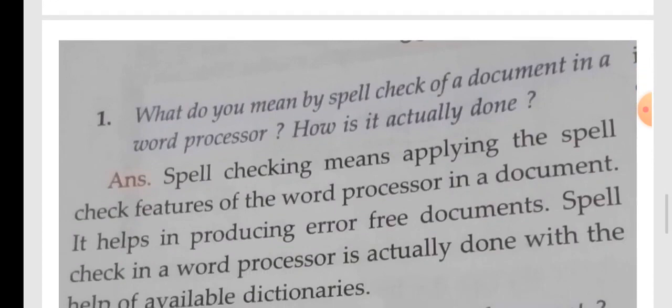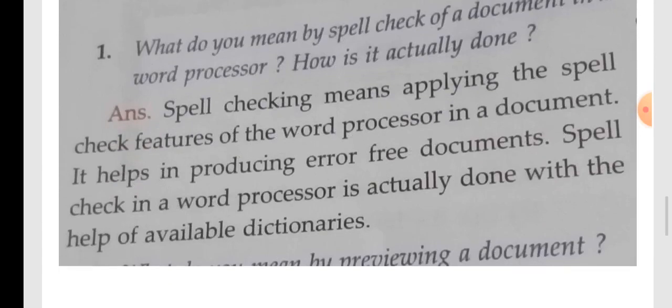Next question, which is very important. What do you mean by spell check of a document in a word processor, and how is it actually done? So spell check means applying the spell check feature of the word processor in a document. It helps in producing an error-free document. Spell check in a word processor is actually done with the help of an available dictionary.